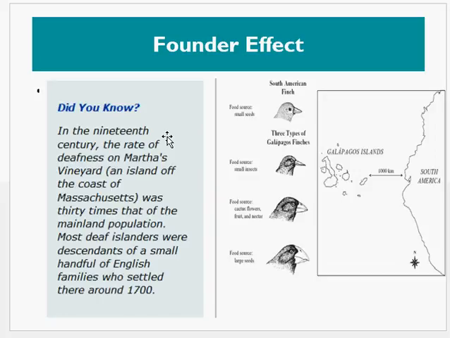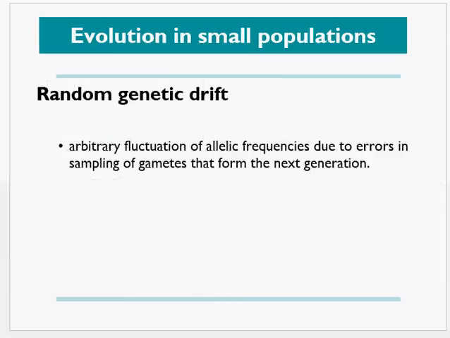Okay, I'm not going to go into the example of the Galapagos finch. All right, so small populations are formed either by the bottleneck or by founder effects, and they tend to have fairly low numbers of individuals, and quite often they have moderate to small amounts of genetic variation because they are such small populations. Now, they become subject to random genetic drift simply because there are small numbers of individuals in the